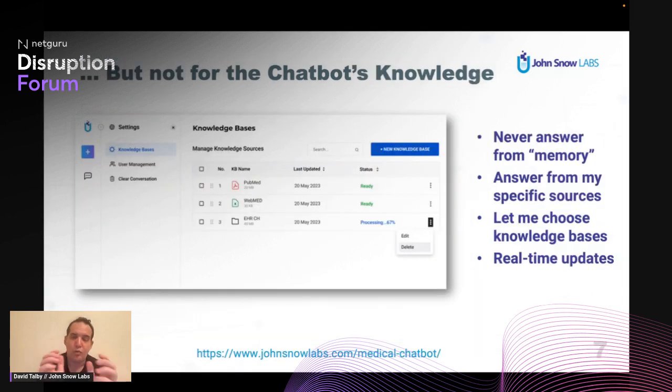But what they do not want is for the knowledge to come from the chatbot, right? So when we work with models like GPT-4 and Llama and Falcon and Cohere and Anthropic and Claude, we want the LLM basically to memorize the entire internet and deduce things for us and then tell us about it. But for all the use cases I've described to you here, it's a requirement that the chatbot never answers from memory. Okay. Instead, what I want to do is give you a specific set of documents,